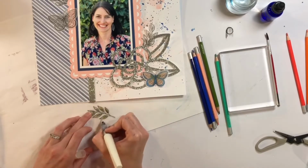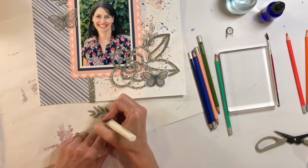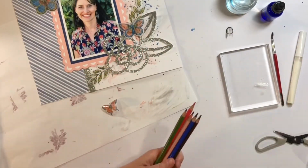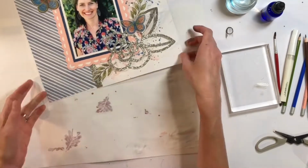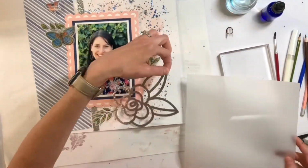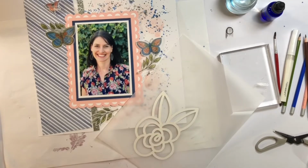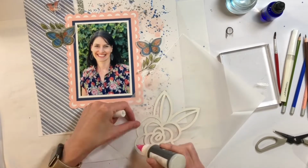so that it pops. So, I'm showing you how I colored one of the leaves, and I did all the leaves pretty much the same way, and there we have all of the butterflies. So I did do a blue on blue butterfly, but it's a different color blue and just pops a little bit